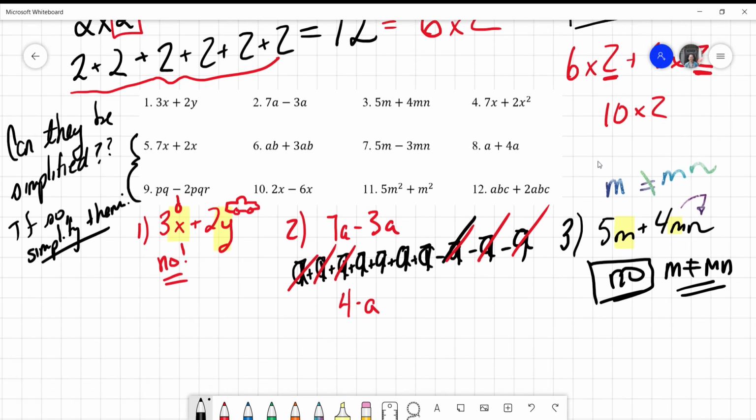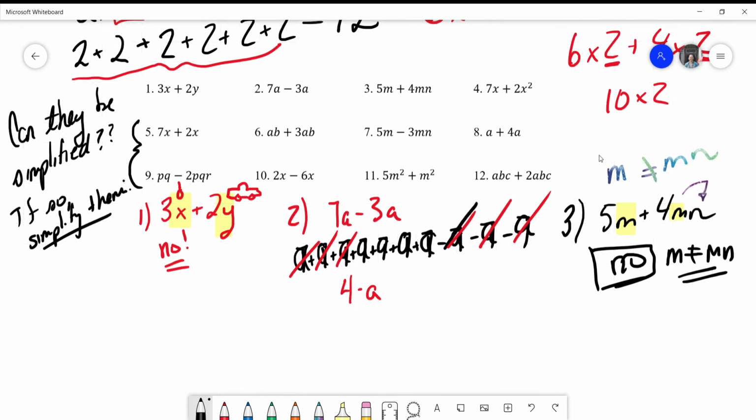And let's solve the last one, then you guys can take a few minutes to solve 5 through 12. 4, 7x plus 2x squared. And I know many of you might say, okay, well, they both have x's, so they're both the same. But there's a fundamental difference right here. This one is x squared. If you can imagine, right, if x is equal to 5,